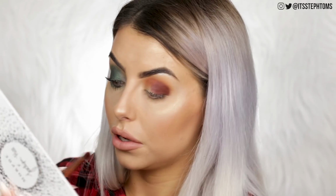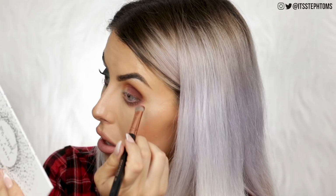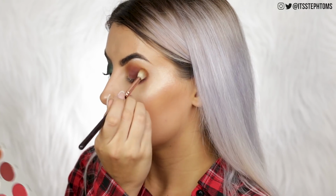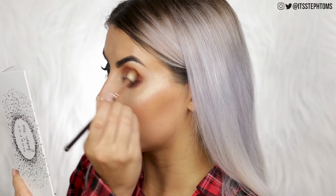And then, again, like I did before, I'm going to take a little mixture of those two shades that I just used. Lower lash line. And just kind of bring it upwards. We're going grungy today, boys. And then just going to take a fluffy brush again and just blend in my crease and just anything that